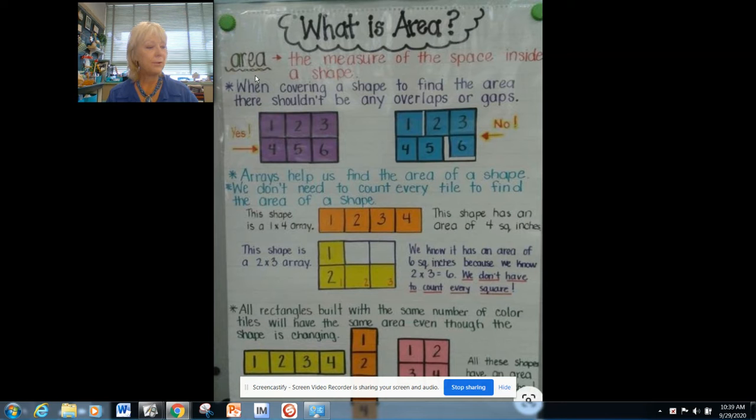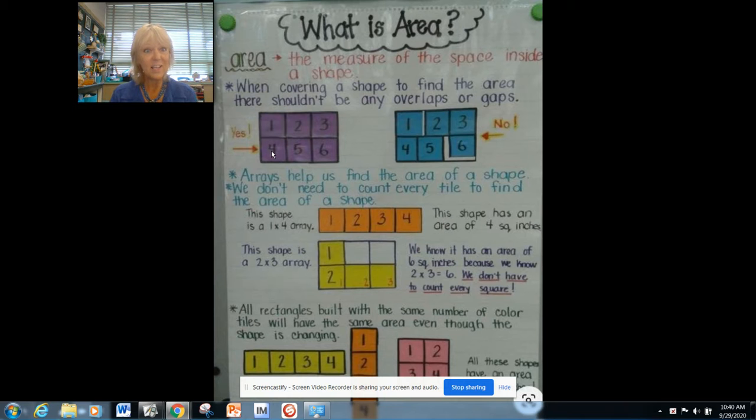For instance, if you were looking at your math book and I asked you how much space it is taking up on your desk, you would know how to measure it, because you need to assign units to it, which is what we're doing here. These little squares are called units, equal sized units. These are square units, and you figure out how many are going across and how many are going up and down. There is a formula we use when we're doing area, and it is called length times width